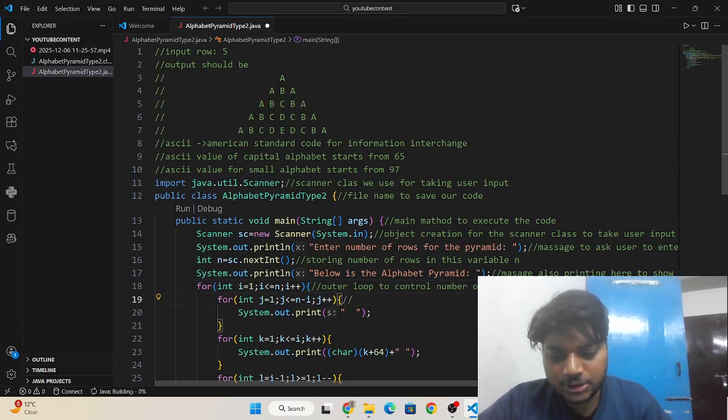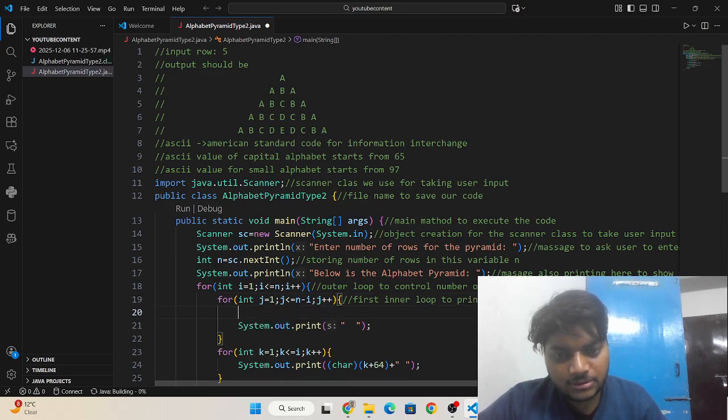This is the first inner loop to print the number of spaces, and the maximum number of spaces in one row is n minus i.